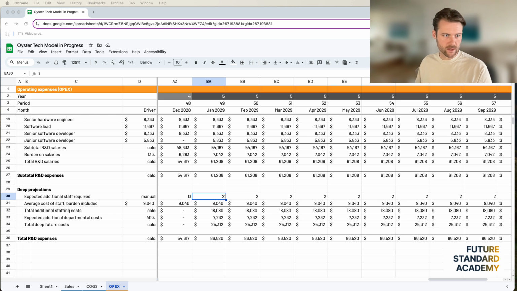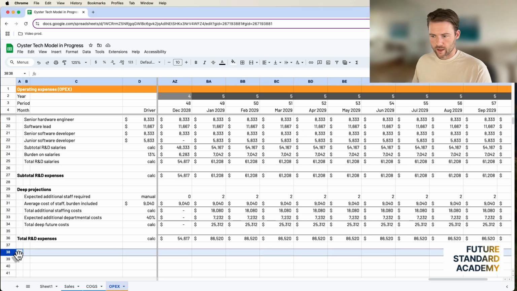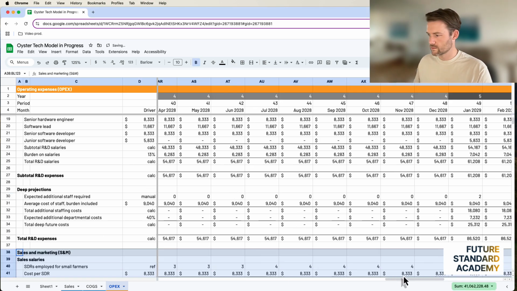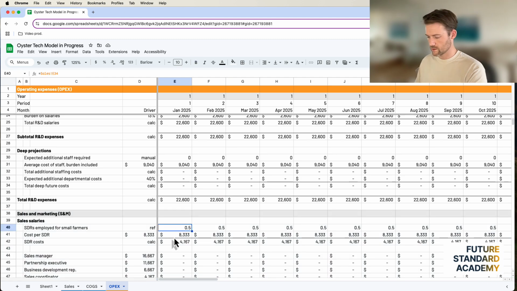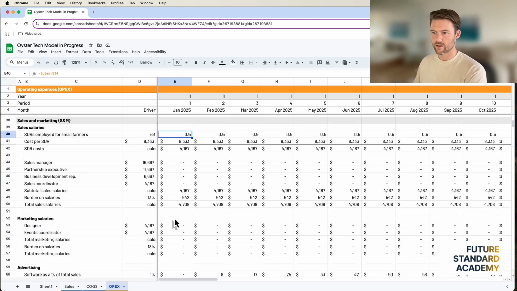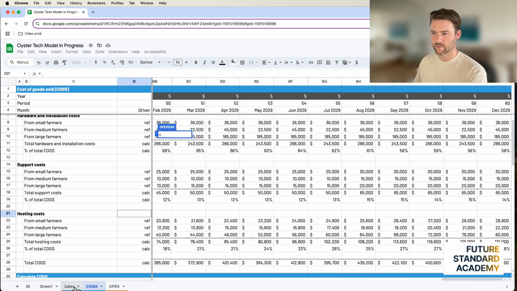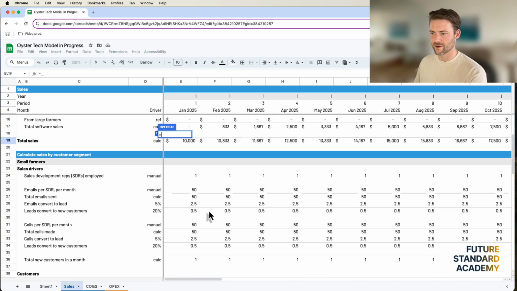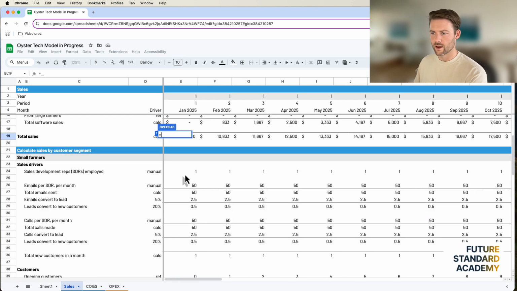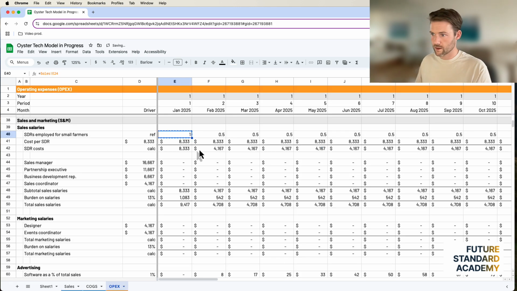So the rest of this, so that's sales and research and development. There's going to be 3 more categories. I'm just going to paste them all in right away. So sales development reps at the beginning from small farmers, that's going to be tied back to what happened, to make sure you're always on the right column, by the way. Hire that person there. And then they have a cost associated with them. Okay, it's going to calculate the cost.